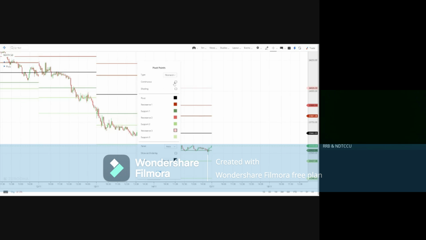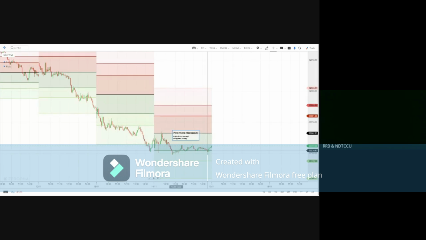Let me show you with the Fibonacci. Before, on the screen, you might have seen some shades. Those shades are just for my own eyes to get more accustomed, because I like those shades. That's why I keep them. So if I select shading here, you will see the shades. These reddish zones are resistance as of now, and the greenish zones are